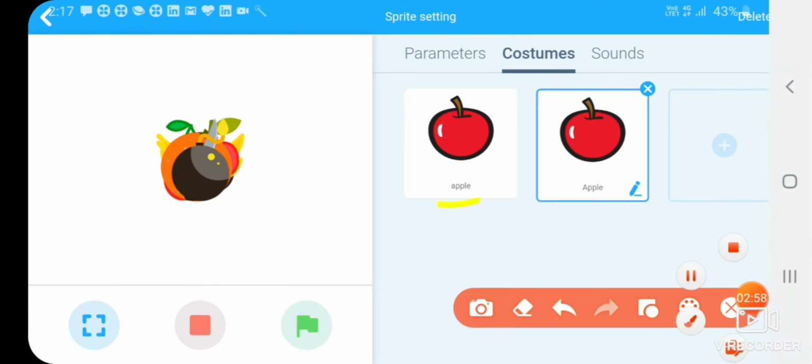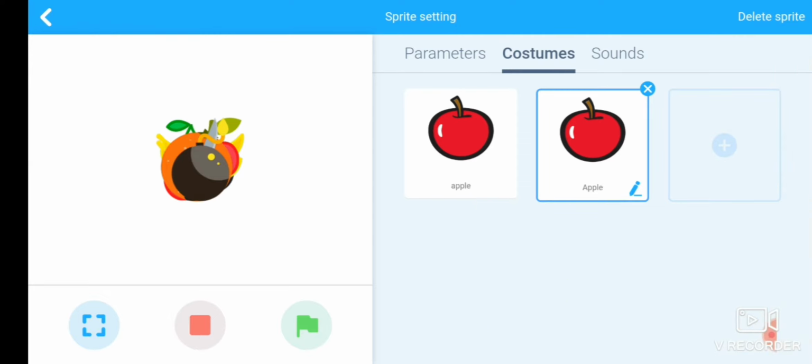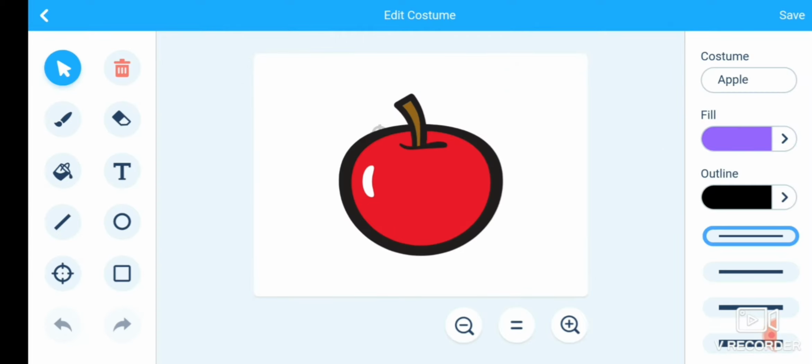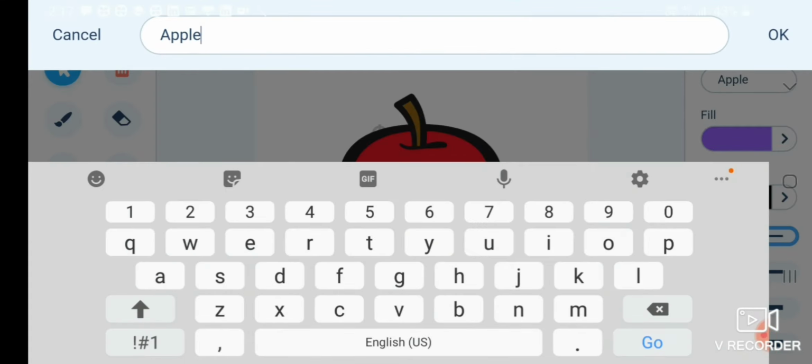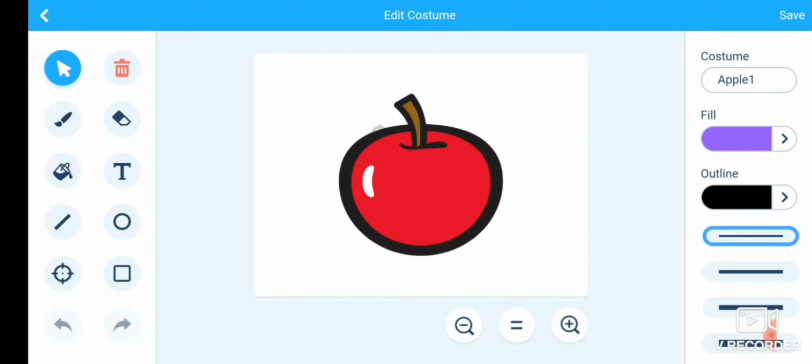Look here. This one is apple, this one is apple. Both have the same name. To make a difference between the names, change the naming here. Apple 1.